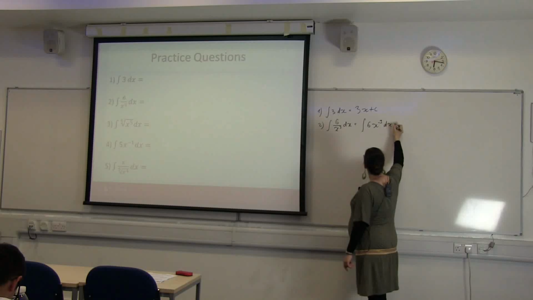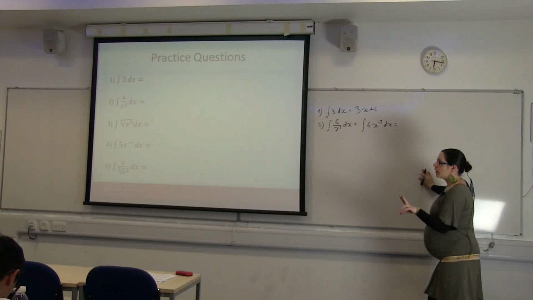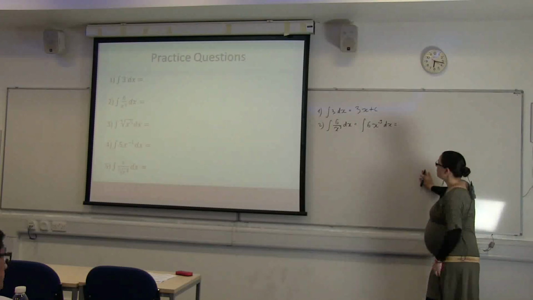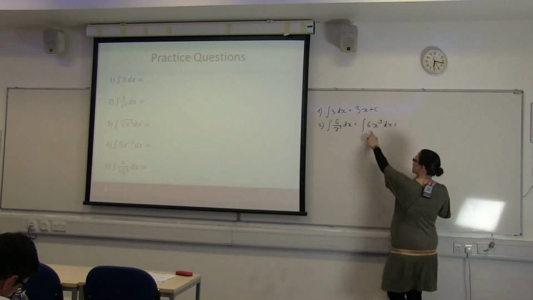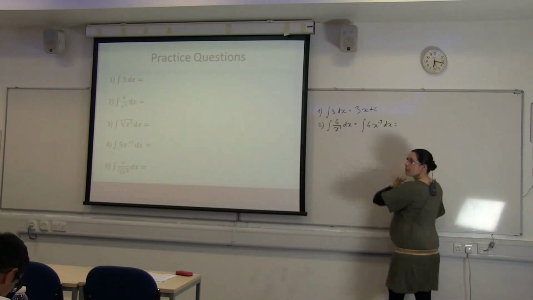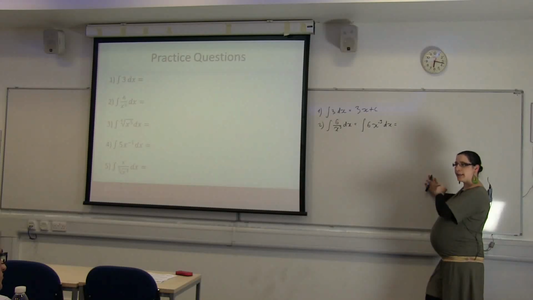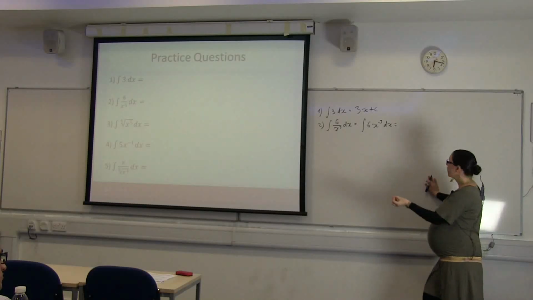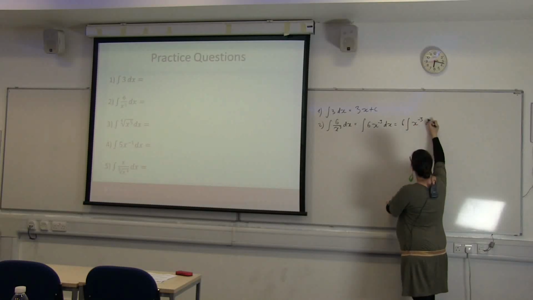minus 3 dx. Okay, now here comes the trick, and I probably brought it in a little bit too early, this particular example and the previous one, because the 6 is a constant multiplier, and remember that we always kept that constant multiplier when it comes to differentiation. So you can bring the constant multiplier, nothing else, but the constant multiplier you can always bring outside in front of the integral sign. So I can rewrite this as 6 times the integral of x to the minus 3 dx, and